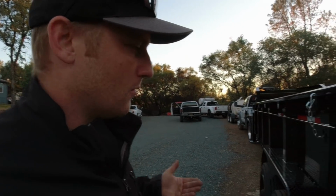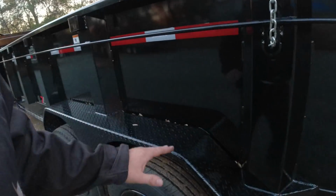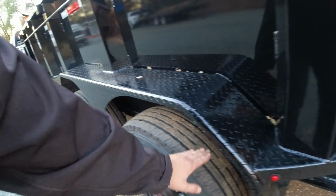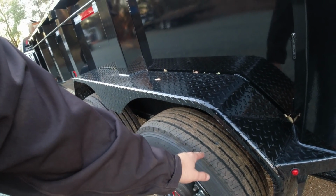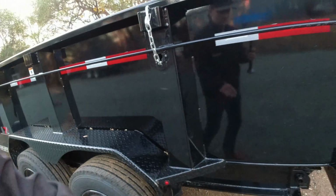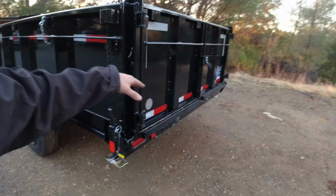A bigger trailer, it weighs more. Yeah, you got a bigger payload, but at what point does your bigger payload ultimately cost you because the whole trailer weighs more? So first thing, an easy option is the dump box. The floor, if it's down here, if you go with the gooseneck or if you go with the duals, it turns it into a deck over,